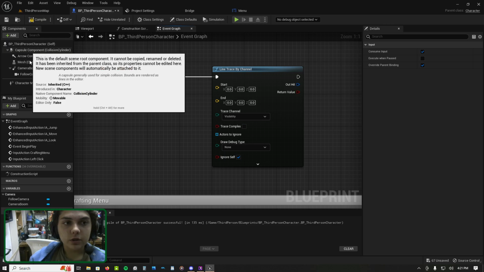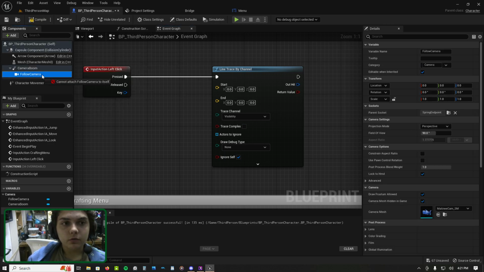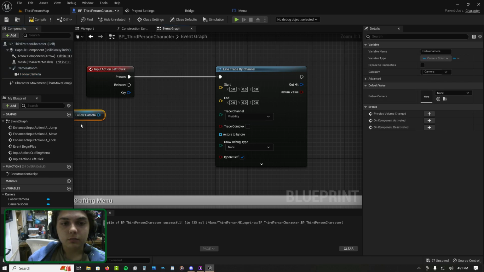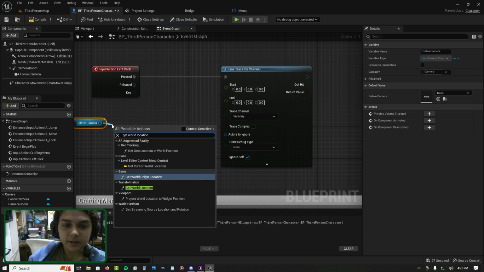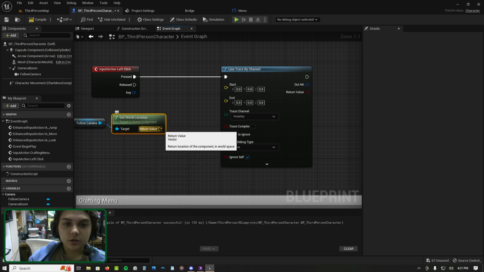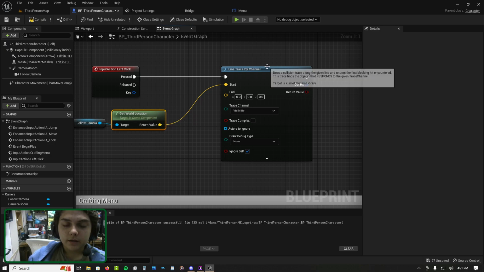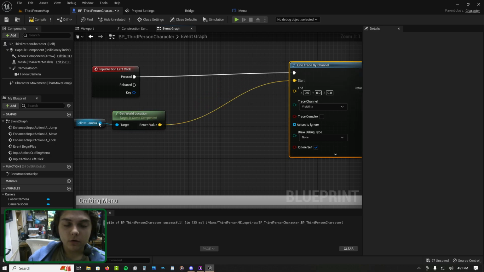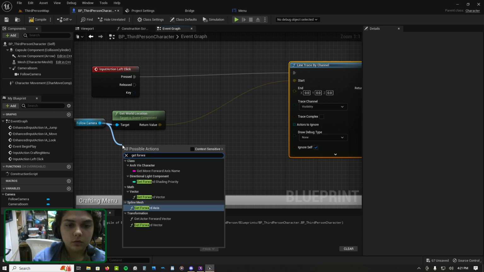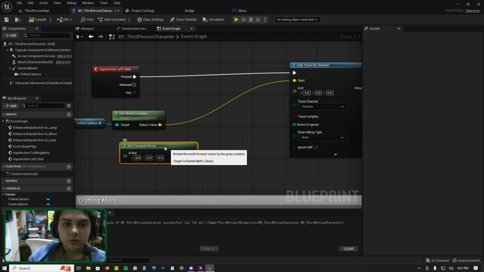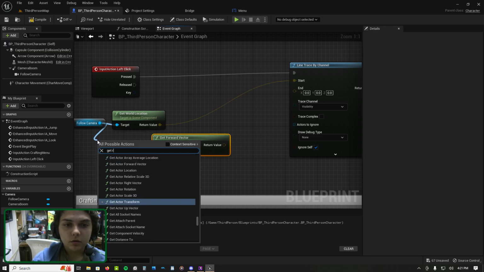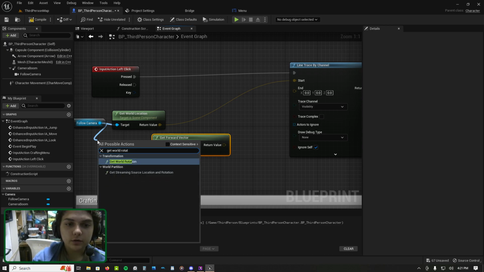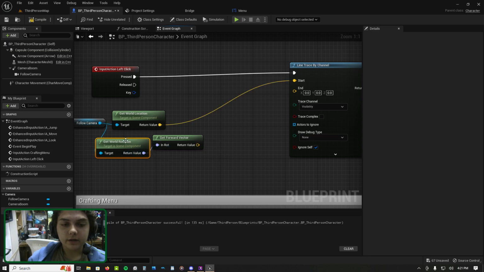Well, what you're going to want to use is the camera start location, get world location, at least in my case. And you're going to use that for the start. And the end of it is going to be the forward vector. So get world rotation. We'll get the world rotation, get the forward vector of this,